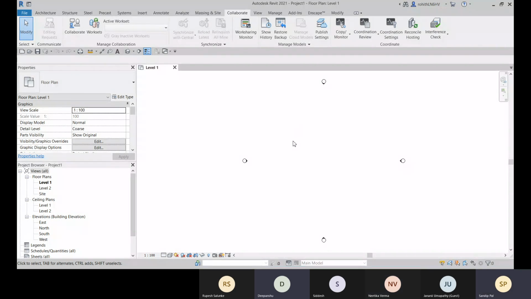Okay, so we have to create a master file first. For creating the master file, you must have a saved file and